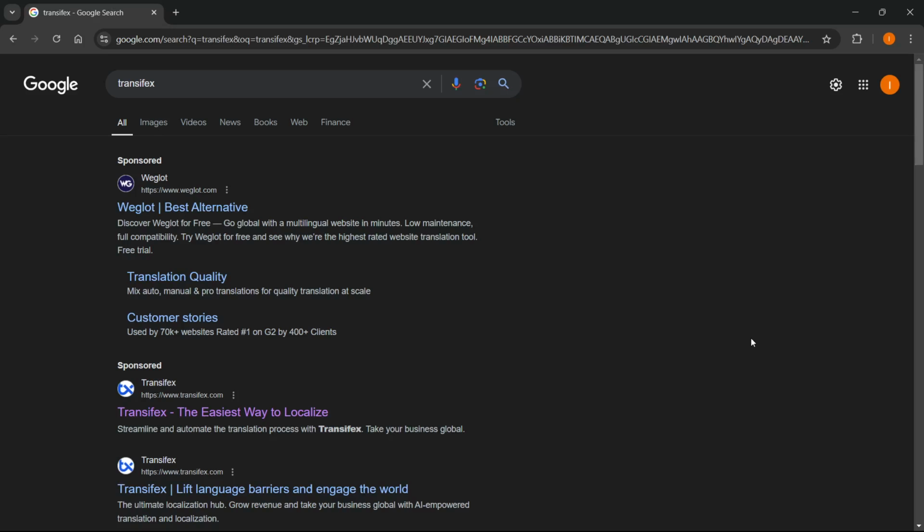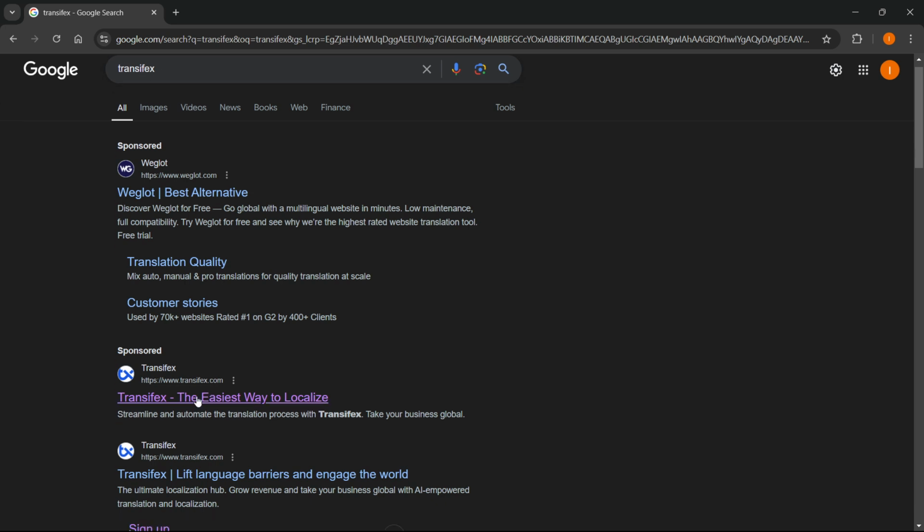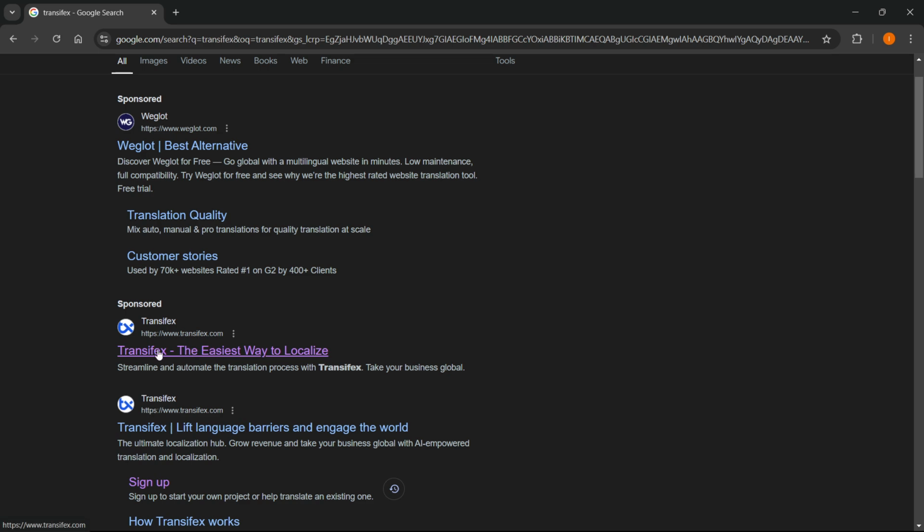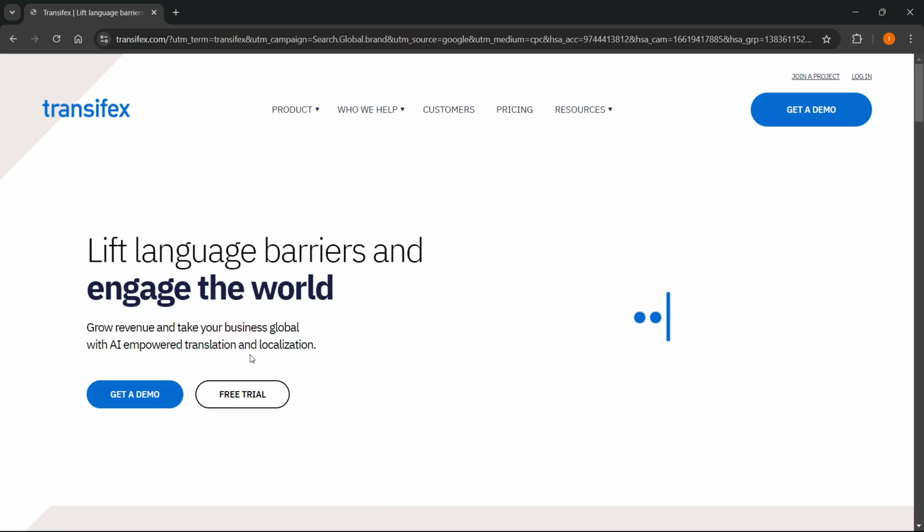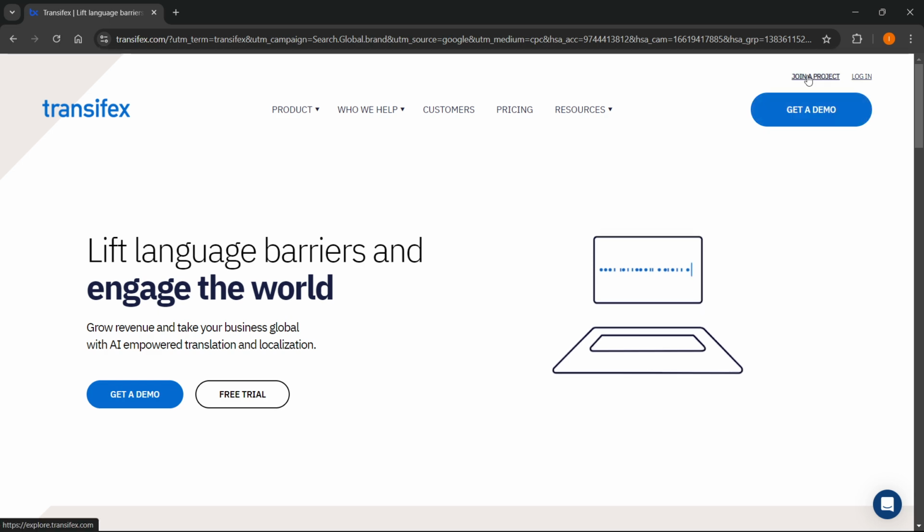In this video, I'm going to show you how to sign up as a translator on Transifex. So, what you first want to do is go to Transifex by typing Transifex in Google and then looking for this website, which is transifex.com, and it says Transifex, the easiest way to localize. Now, press this, and once on the website, you want to click up here on the right where it says